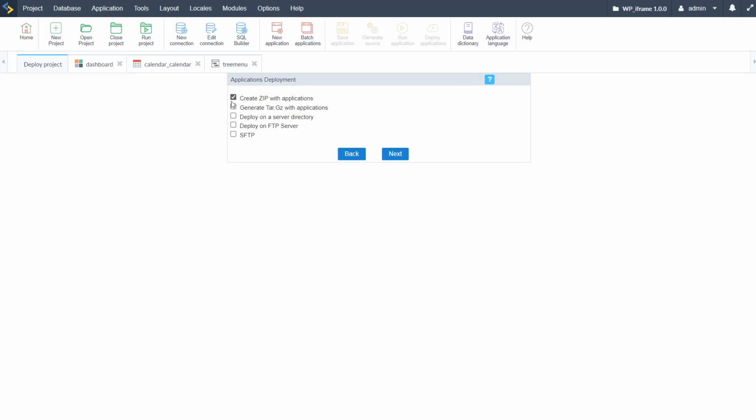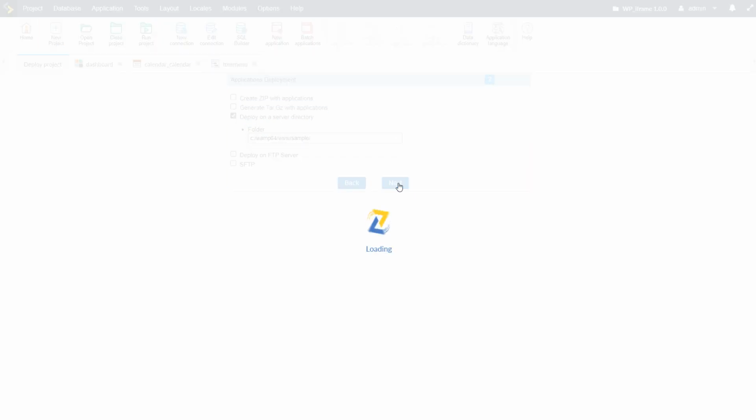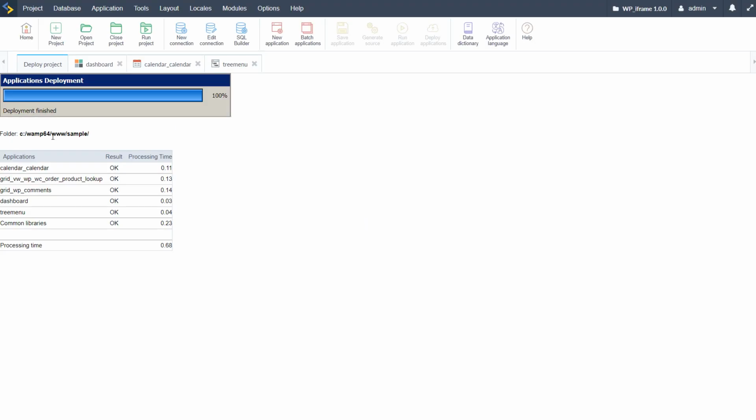we have just created. So again, we deploy to a server directory. So I will choose or enter the WAMP directory where I have the files located. Like so. So that is then my C drive, WAMP64 folder, the www folder, and then within the sample folder. And then if I just click next again, the new files, and as we see this time, it's Speedy Gonzalez, really fast, generates all of those applications in speedy time, and the applications for the project, all of the project files, which takes the longest, has already been deployed and is not required again the second time